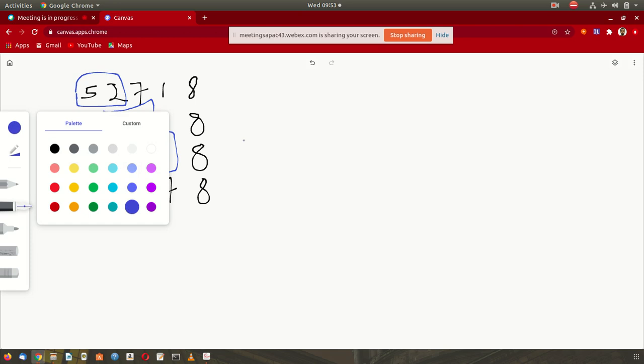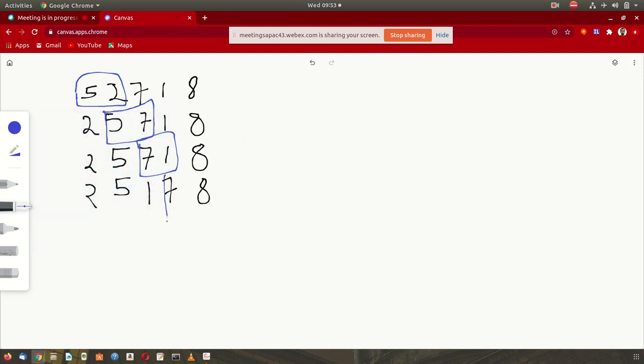Now this time the box comes here, the last, 7 and 8. Here, this we write as it is, 2 we write as it is, 5 write as it is, 1 write as it is. Now 7 and 8, you find out which is the smaller number. 7 is the smaller number, it is already on the left hand side. 8 is the bigger number, it comes on the right hand side. So the small number comes on the left hand side and the big number comes on the right hand side.